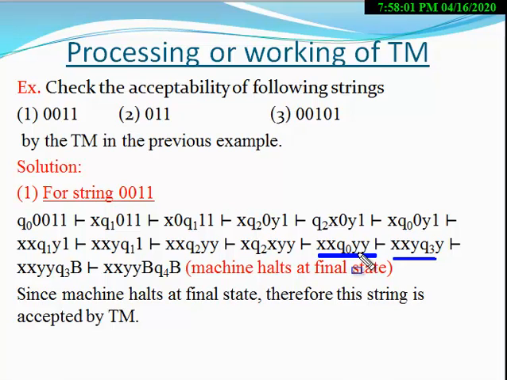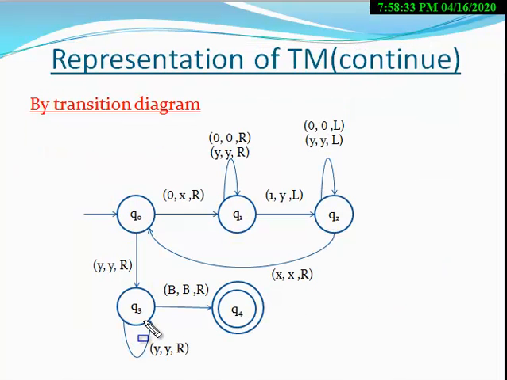Here Q0 was left of Y. Now Q0 goes to the right of Y. Now you have to check what action will be applied when tape symbol Y appears at the state Q3. Look the transition diagram of Turing machine. So at the state Q3, here the tape symbol Y appears. When the tape symbol Y appears, state not change. Right? Here this is the loop.